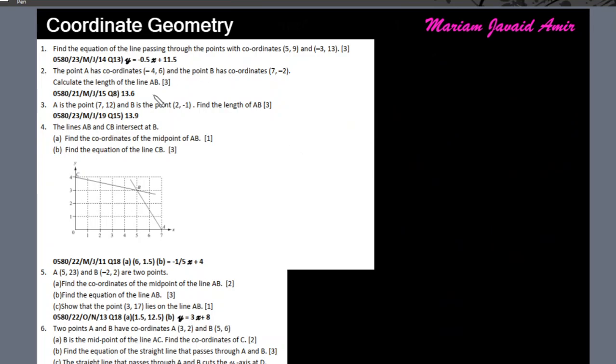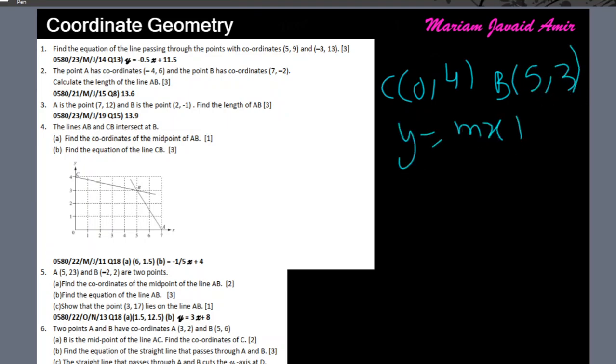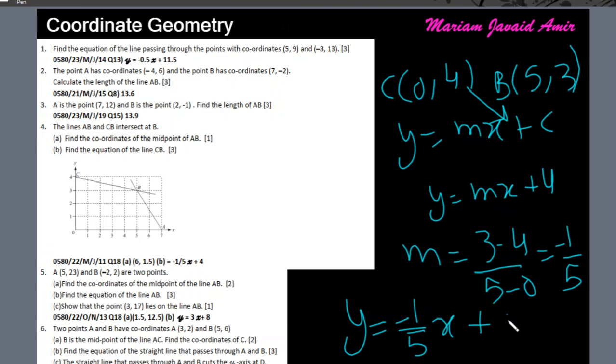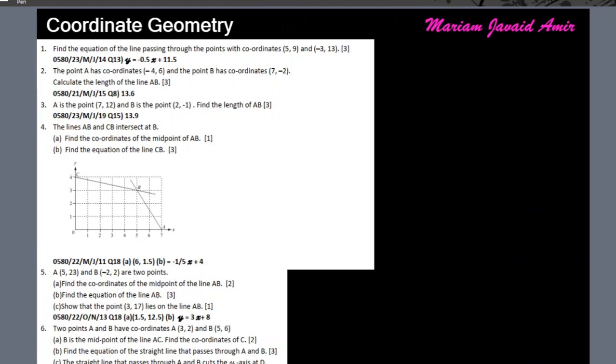Part B, find the equation of line CB. Now C has coordinates 0, 4, and B has coordinates 5, 3. We need the equation y equals mx plus c. We already have c from here. C is 4, so this becomes y equals mx plus 4. Now we can find m using y2 minus y1 over x2 minus x1, which becomes minus 1 over 5. So the equation becomes y equals mx plus c. C is where the graph cuts the y-axis. So this graph is cutting the y-axis at 4. Okay. Question 5,